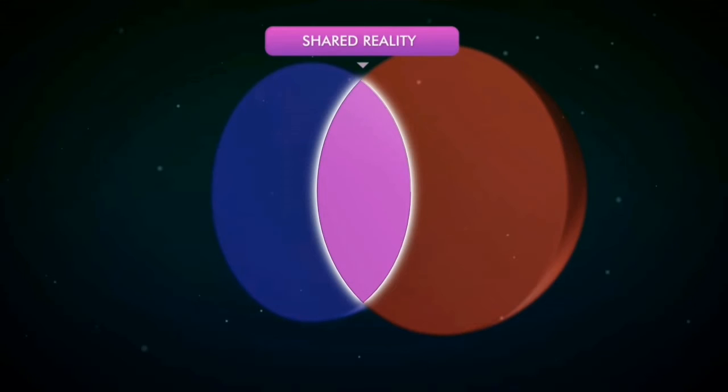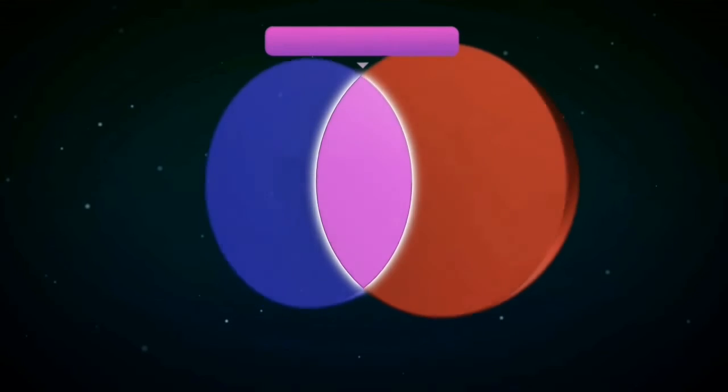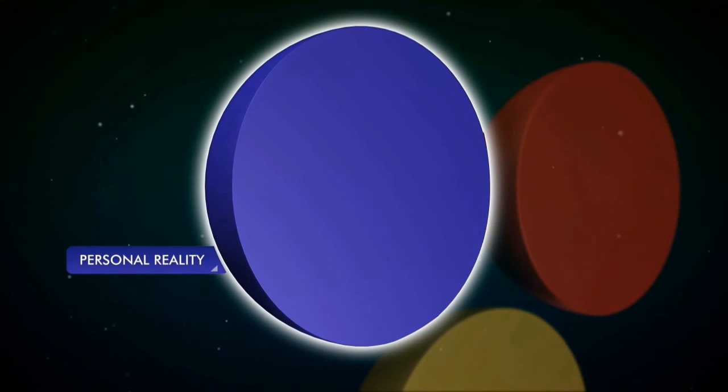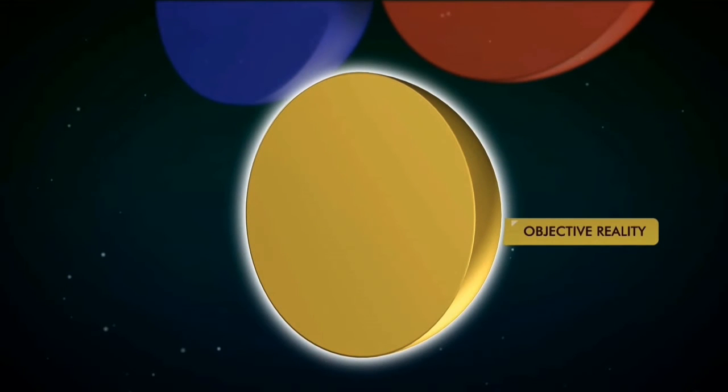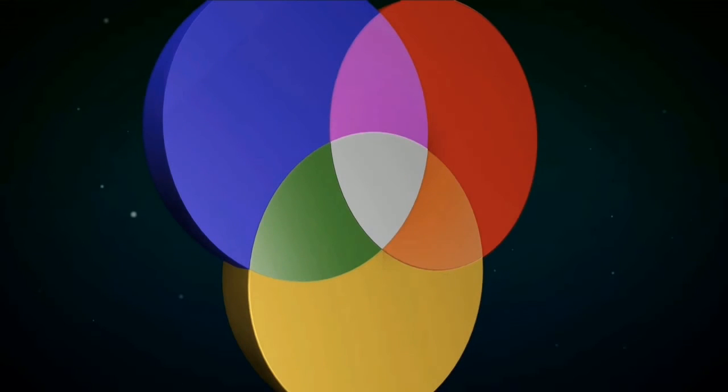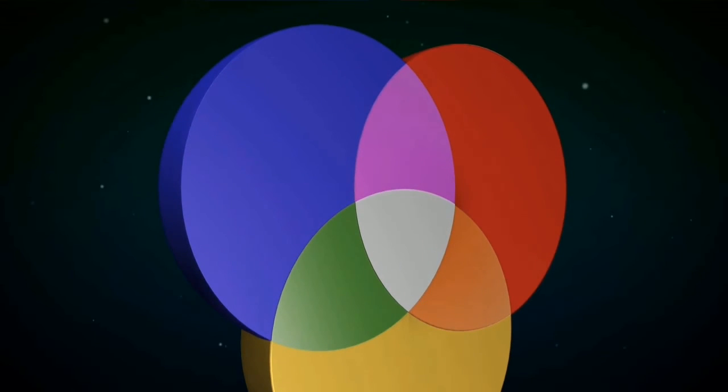Okay, so far we've looked at the three spheres individually and shown how they fit together. Now, let's look at what happens when we bring all three spheres together. We'll start again with where your personal reality overlaps objective reality. But notice, there's a new white area in the center of the diagram, and we'll explain what that means shortly. For now, just notice that the area of personal power contains both green and white. And similarly, notice that your personal delusion now contains both blue and purple.